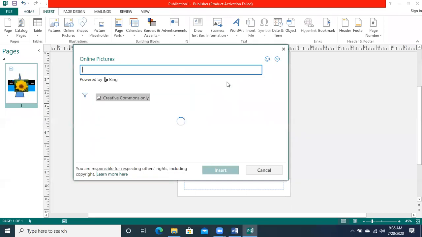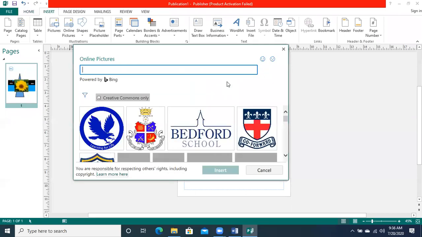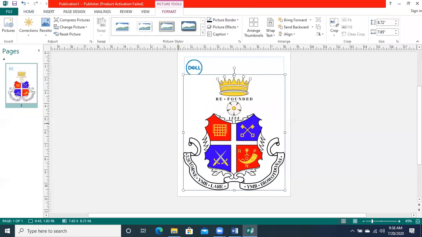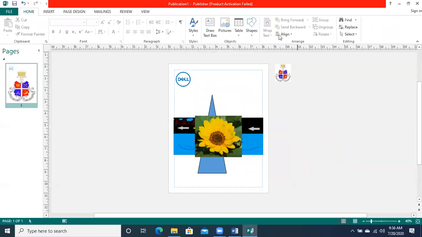You will see that different types of logos will be available. You can click any school logo that you want. It will be inserted in your document. You can resize it according to your requirement. Or if you click on the thumbnail, then it will also become a smaller size.